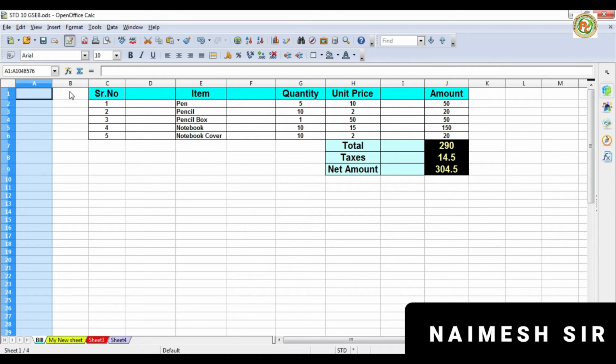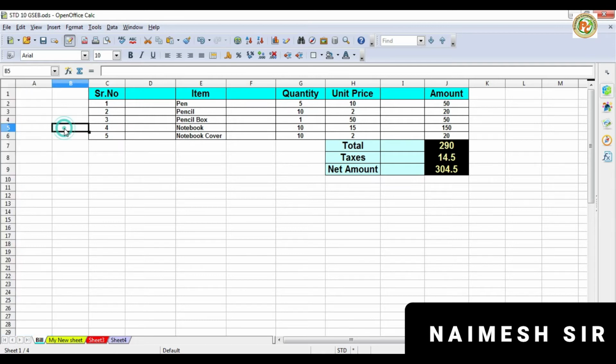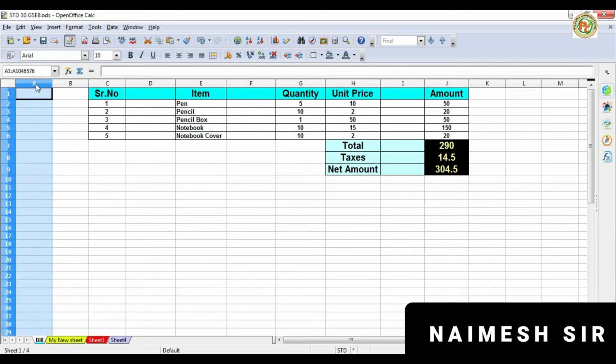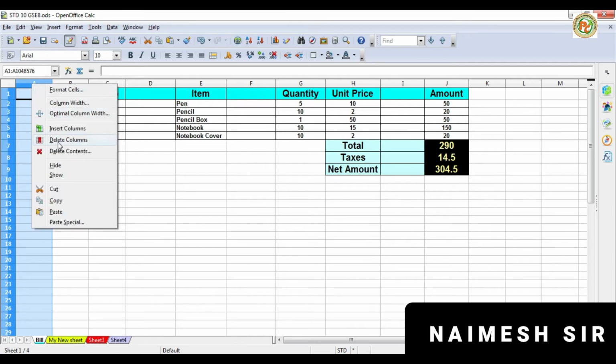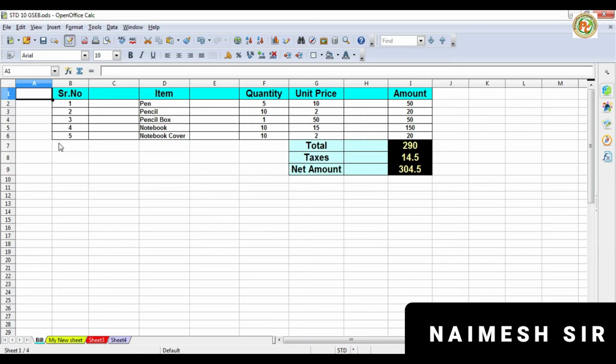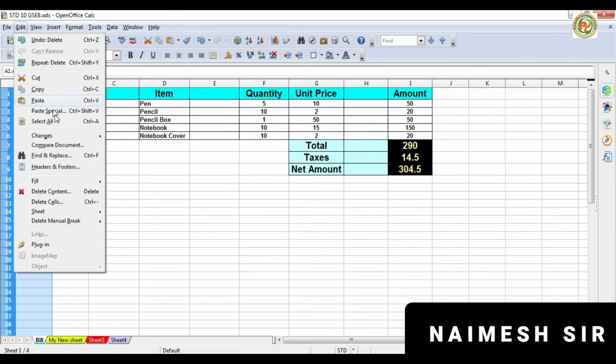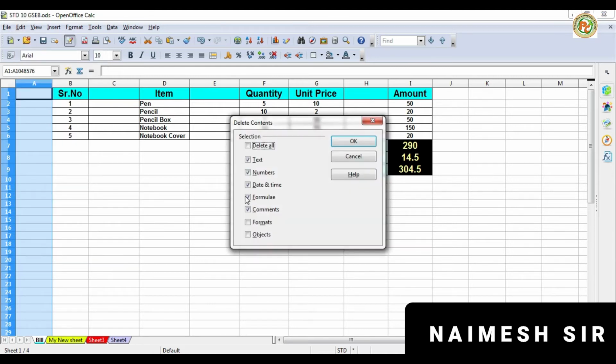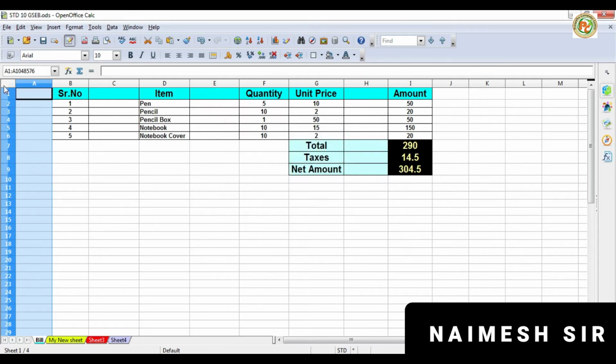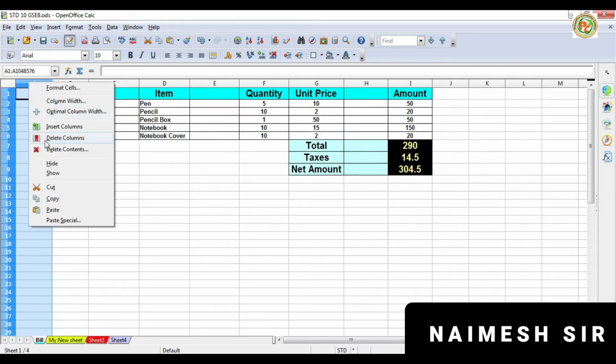Now suppose I want to delete columns, because I have already added 5 to 6 columns that are not needed. So I want to delete them. What to do? Similarly select it, right click on that, and we have the option to delete the column. Similarly we can select it and click on Edit, and we will have an option to delete the column also. We can click on Delete Columns, or we can say delete entire column. Or right click on that and delete column.